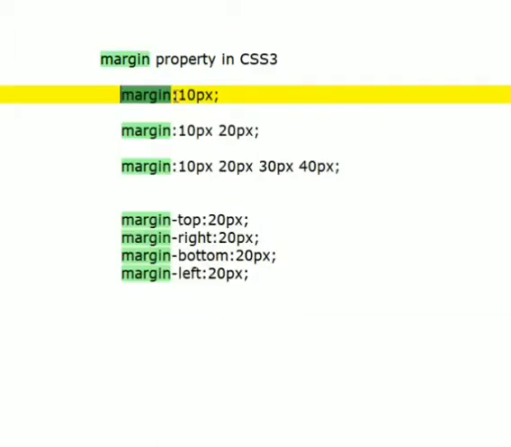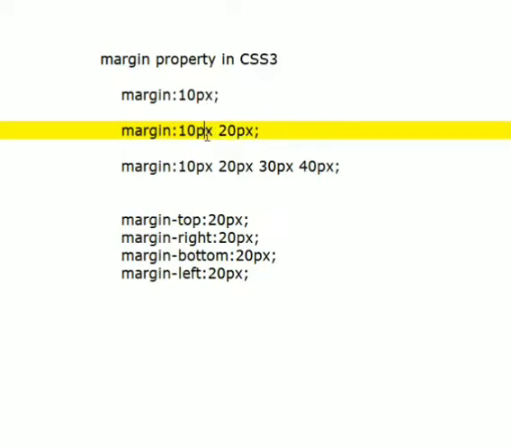This is the name of the property, and on the right side we are passing the values for margin. Means we are passing a size for margin here. In this example we can observe only 10 pixel we are passing, only one value we are passing to the margin property here. If you pass only one value for margin property, the same margin will be applied for all four sides. All four sides are top, right, bottom, left. The same size of margin will be applied on all four sides for the division tag.